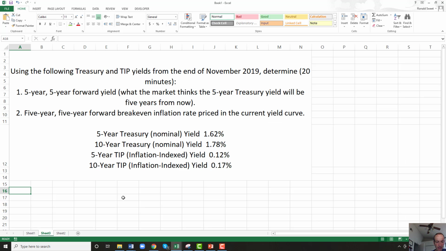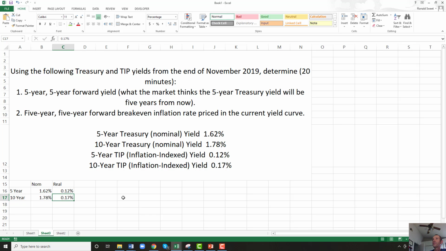We've got the 5-year, we got the 10-year, we got the nominals, we got the real. The 5-year is 1.62%. The 10-year is 1.78%. Boy, the time I did this problem, interest rates were a whole lot different. The TIPS are 0.12%. They were actually positive 0.17%. We'll have to think back to when this exam